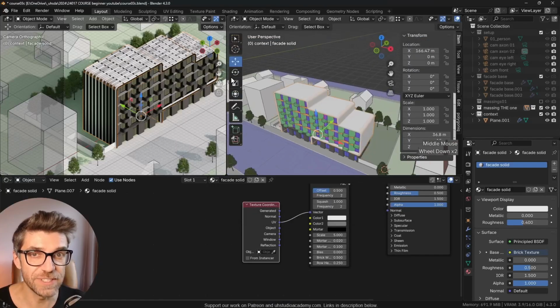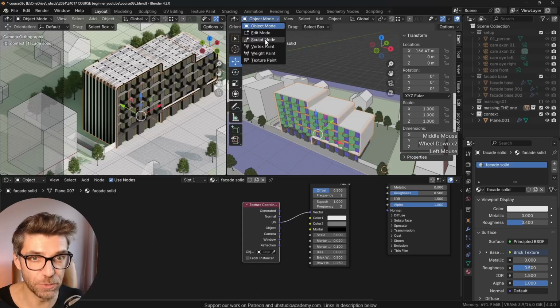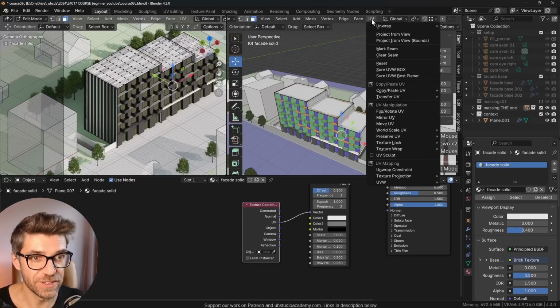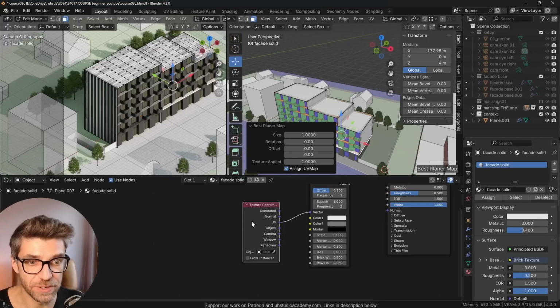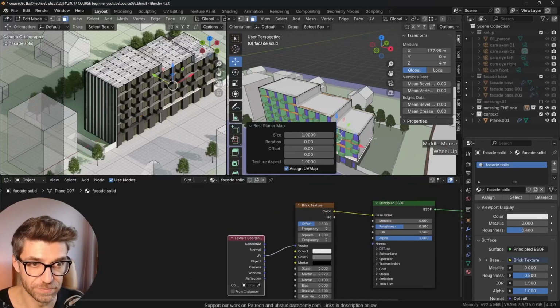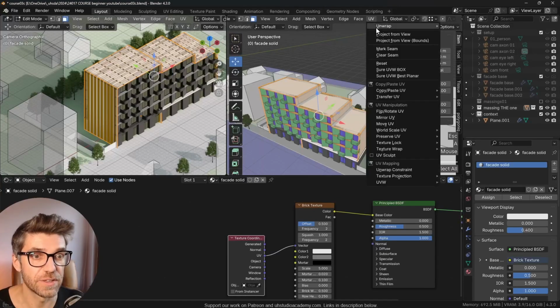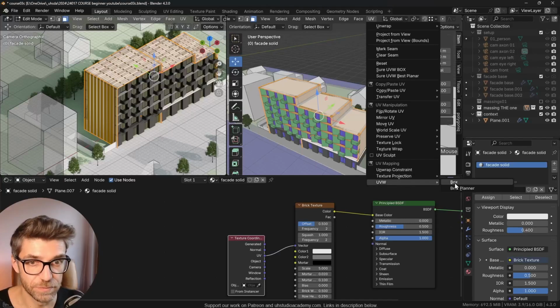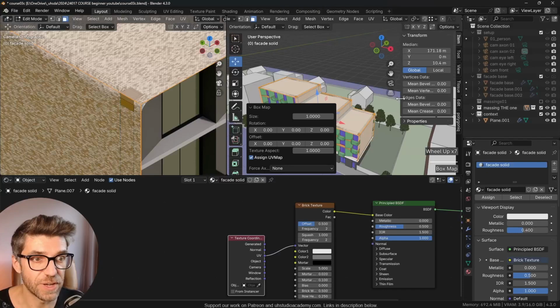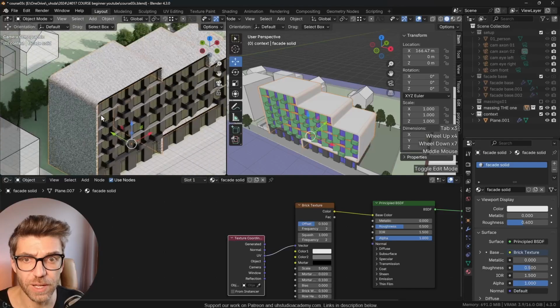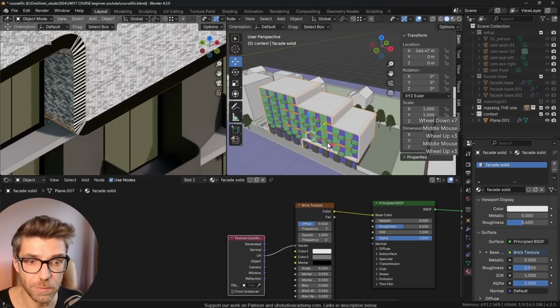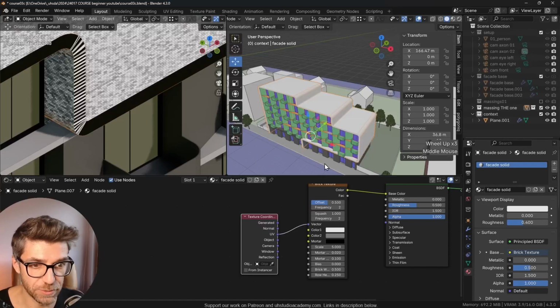And now, once we have this enabled, if we go into edit mode, UV, in here, we should have something called UVW. And let's click on UVW Best Planar. And that should be to everything. So let's try that again. UVW. Well, so we can try their box if one works well. The scale is correct. Yeah, I'm kind of happy with that. Some edges don't quite work the way that I was expecting them to,